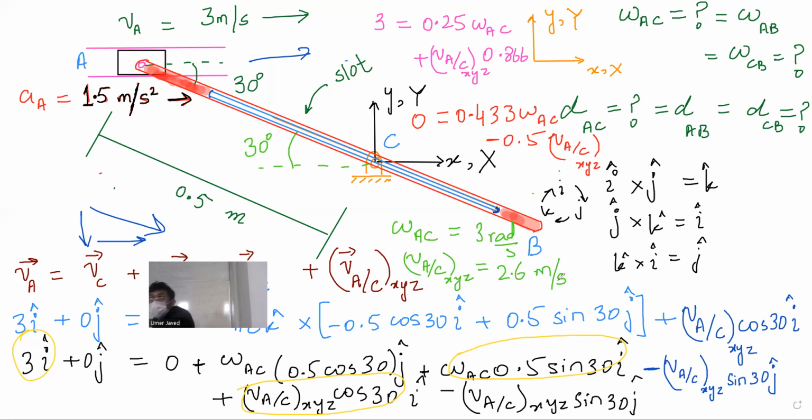It is the same as omega CB. You have to be crystal clear on this concept. Omega on the same rigid body is the same, but the velocity on a rigid body which is rotating can be different. You know that, right, everyone? All right. Okay, find the acceleration then. Trust me, the velocity part is just a fresher problem. It's the acceleration that will push you.